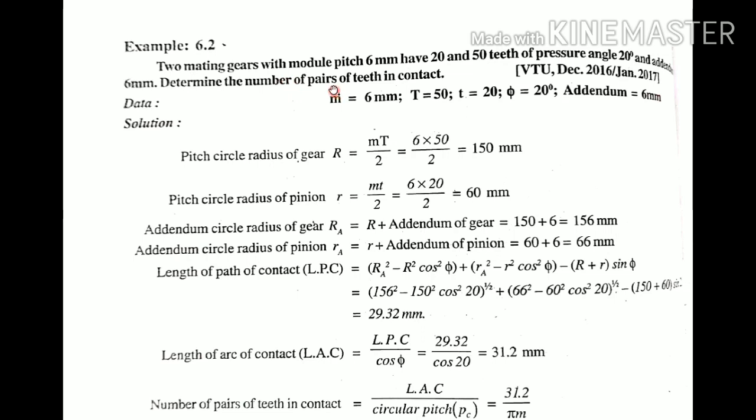You have to find the number of pairs of teeth in contact. That means when these two are in contact, how many teeth will be in contact, whether 1 or 2 or 10 or 20. When two teeth are in contact, that is called a pair. Like that, how many teeth will come in contact when these two are made according to the dimensions they have given, that we need to find. So therefore